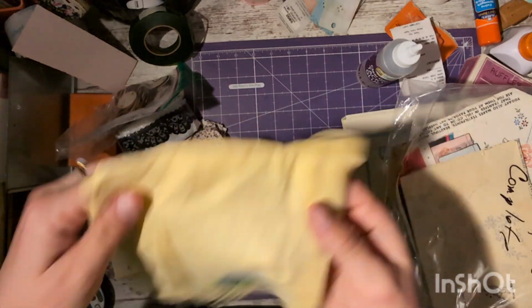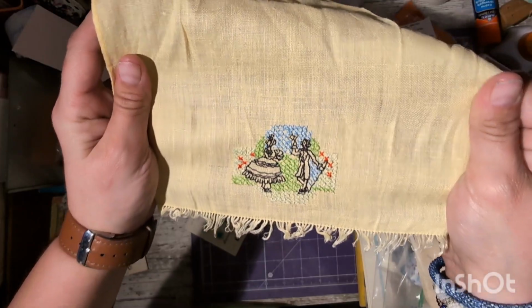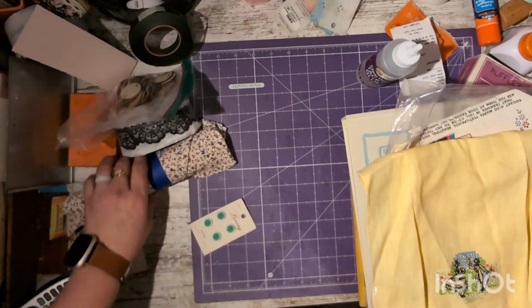This is a cute little towel, isn't that cute? And it's yellow. My lighting sucks in here. I need to get some better lighting. But yeah, I like the little...